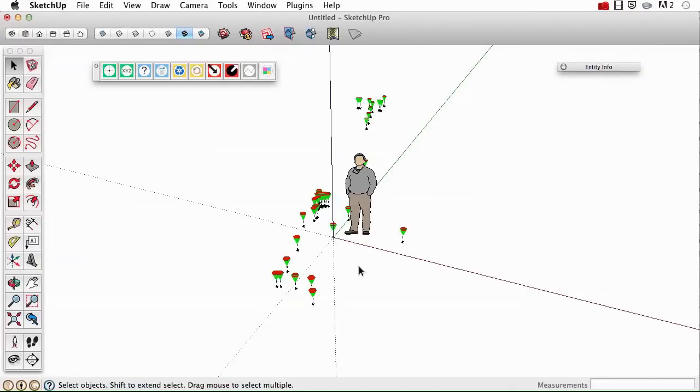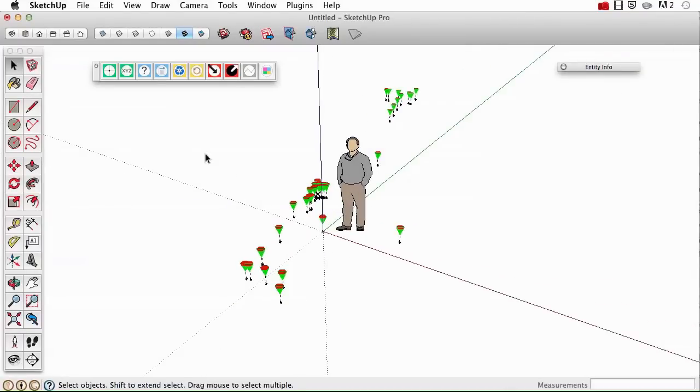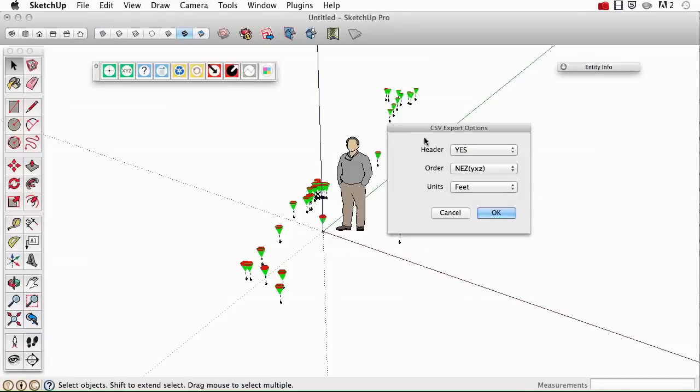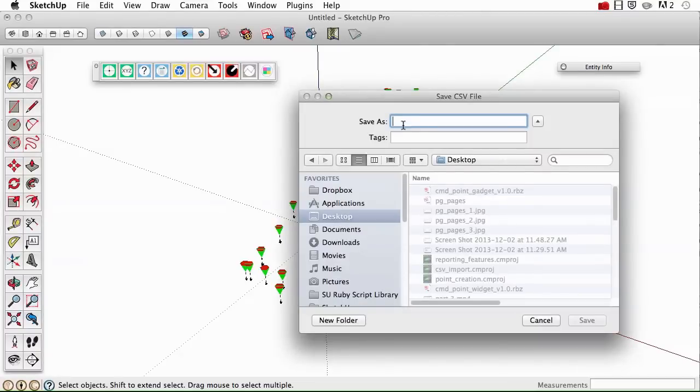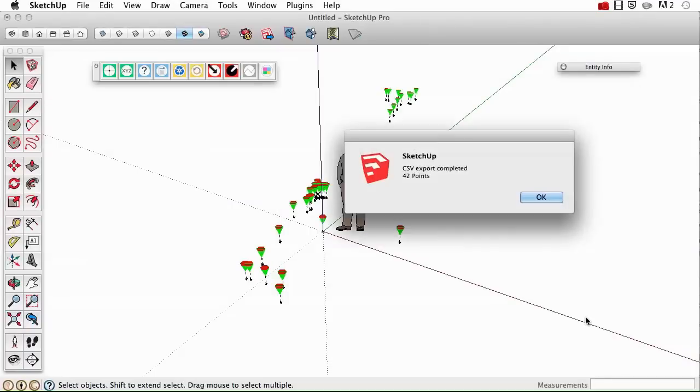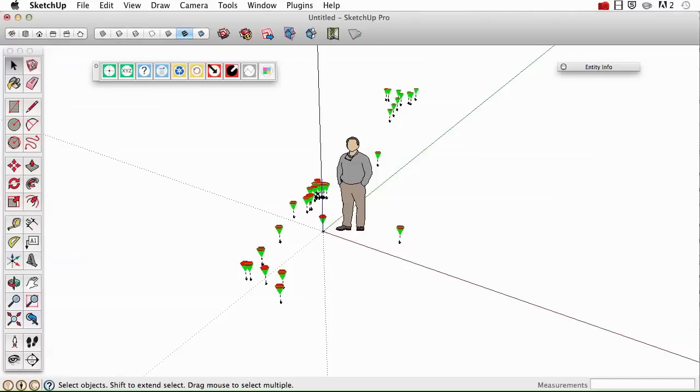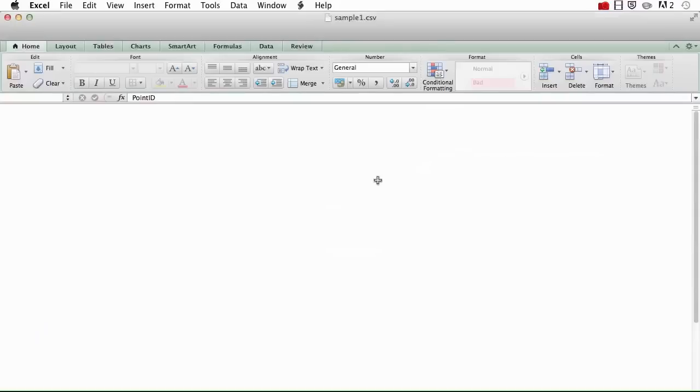And again, it's pretty self-explanatory. Go ahead and just click on the button, choose whether you want a header, in what order you want them to be listed, XYZ or YXZ, what units we're in. We're in feet in SketchUp, or that's how I want them to be exported, and hit OK. Find out where you want to drop the file. I'll mark this sample 1. Okay, 42 points were exported, and I'll double click on the CSV and it'll open up in a spreadsheet